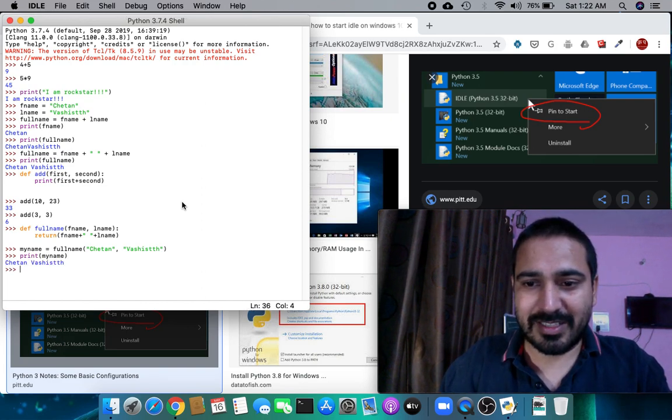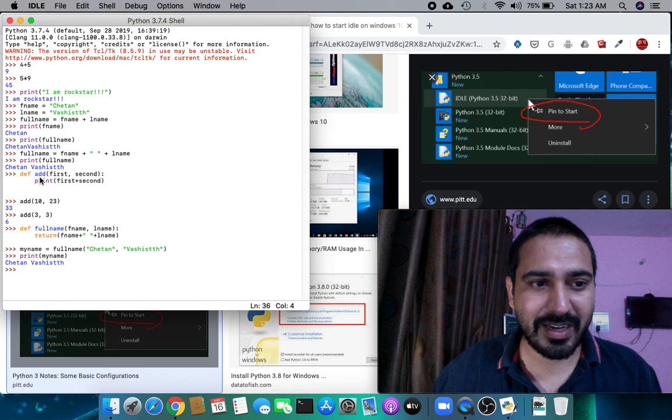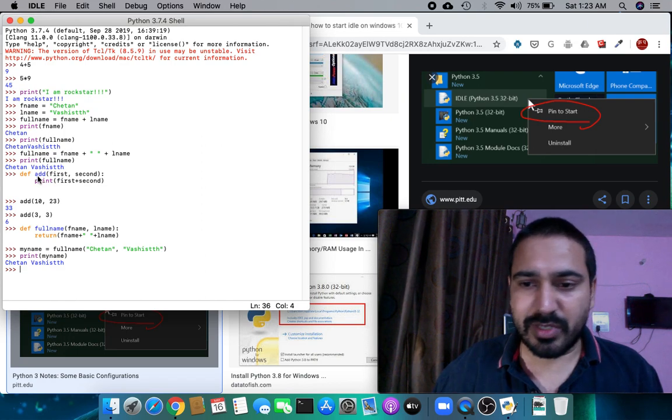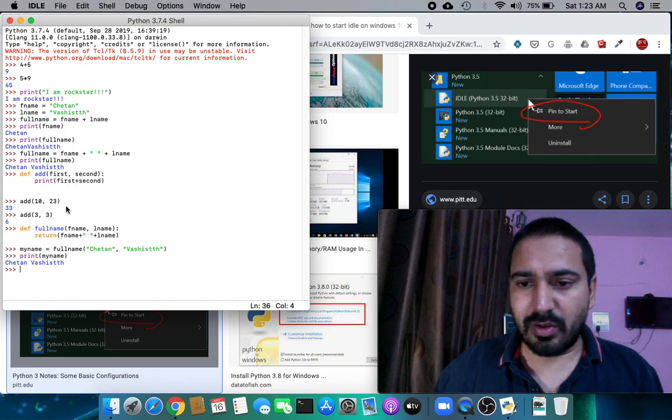So this is all about Python IDLE, your playground to start with Python. Just do a simple calculator exercise with this. Write 4 functions like I did here: add, subtract, divide, and multiplication, and call all 4 functions. If you are facing any problem, just comment below and I will answer those.